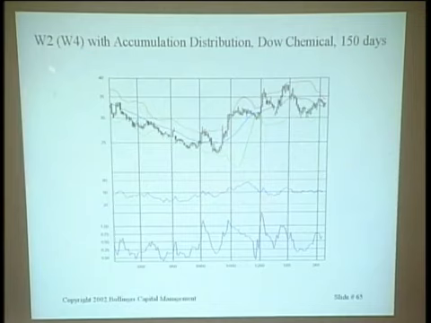So that's our first piece of non-confirmation. Our second piece of non-confirmation is, I think, even more important. You can see that non-confirmation here in terms of percent B. Here on the left-hand side of the W, we come down and tag the lower band. Percent B falls to 0. Here on the right-hand side, percent B stops at about 0.1. So new low in price, no new low in percent B. We'll have our divergence, and look, the divergence is confirmed by the indicator.